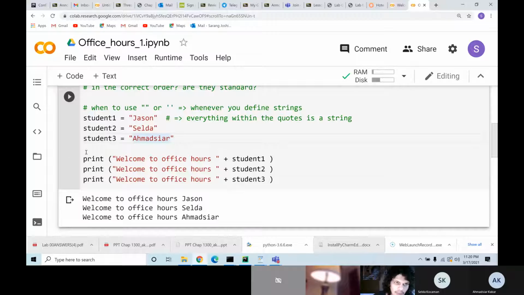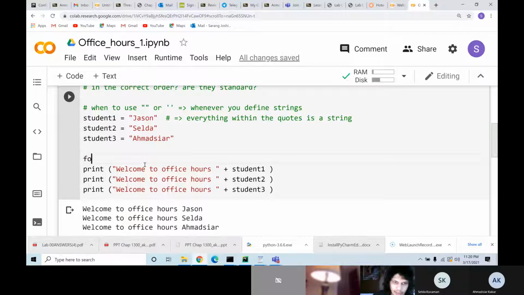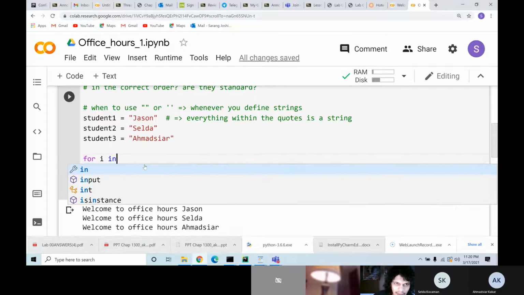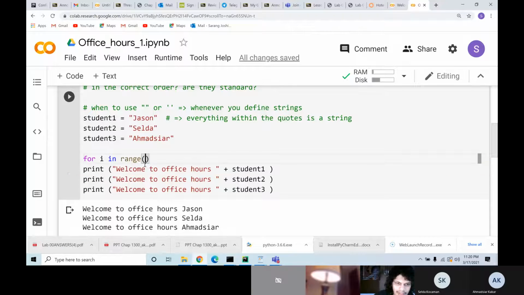If I try to put this in a loop, let's say I write for i in range 3, because I feel there are 3 students, so I will put everything in a loop. And one more thing to know: Python code is naturally indented, and I will go over the rules. I don't want to give you too much to learn in one day because it can be overwhelming. But what it basically means is that if you have a for loop,